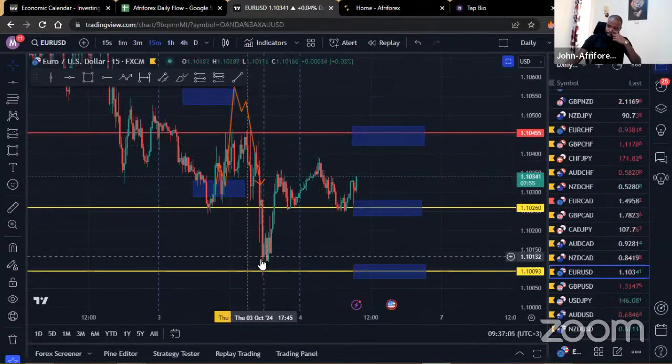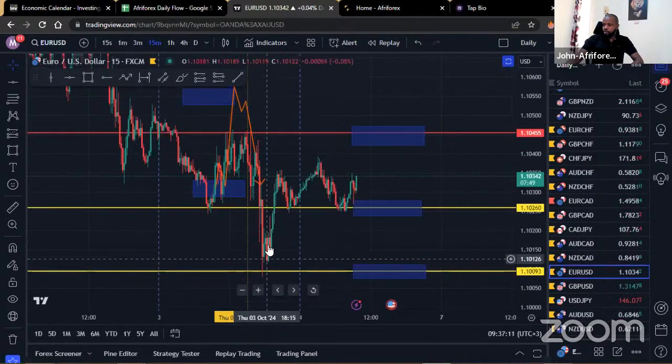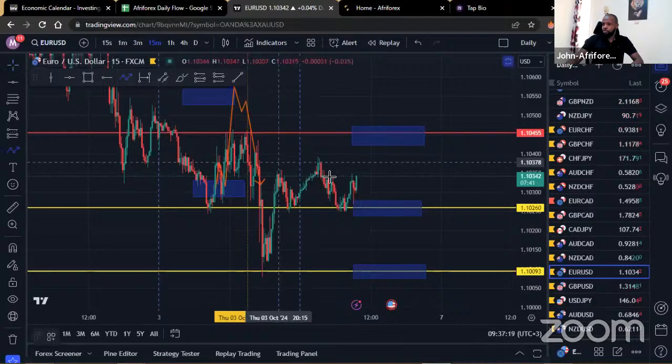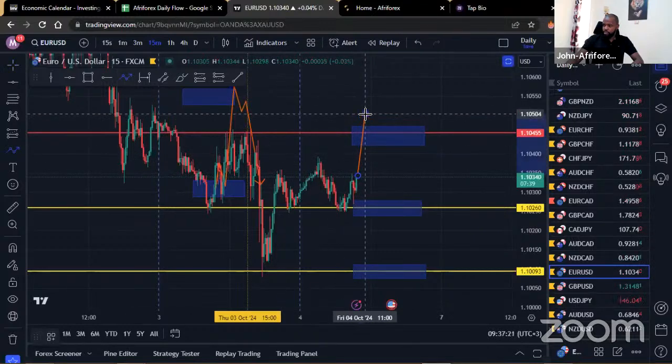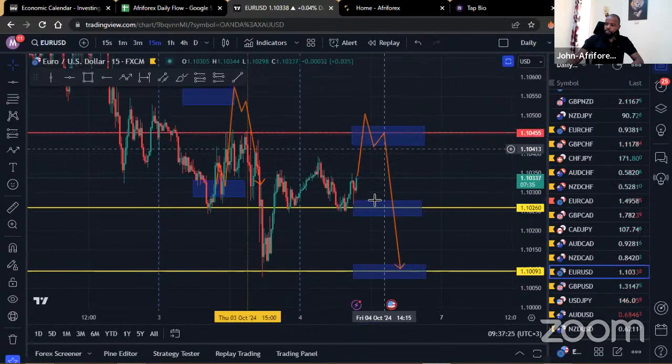Seems like some sort of a probe happened within here, because this level is also quite visible on the bigger time frame. So the fact that the market broke to the downside, couldn't hold below, and it's holding within here, that tells you that this technically could be some sort of a probe. That means that based on the fact that the market is actually holding to the upside, there is a possibility price could come back in within this region right here, for the sellers to possibly end up regrouping.